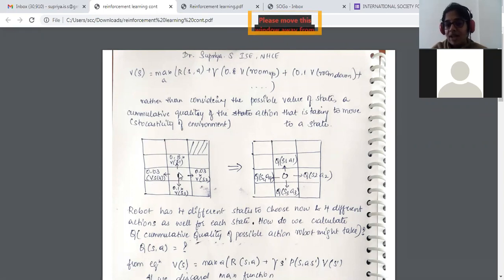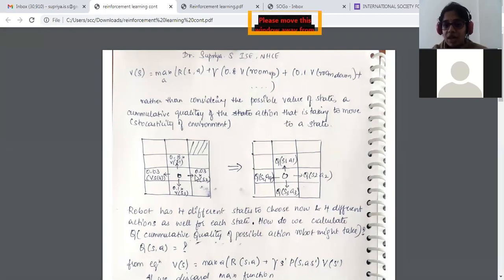So what I did was, I had a robot over here. The robot did not know which direction to take, either upwards, left, right or downwards. So we gave the probability. The probability of it was 0.8, 0.03, 0.1 and 0.03. Based on that, we asked our robot to take a decision, right? So that was 0.8 into V of S1, the value of S1, 0.03 into value of S2, 0.1 into value of S3, 0.3 into value of S4.